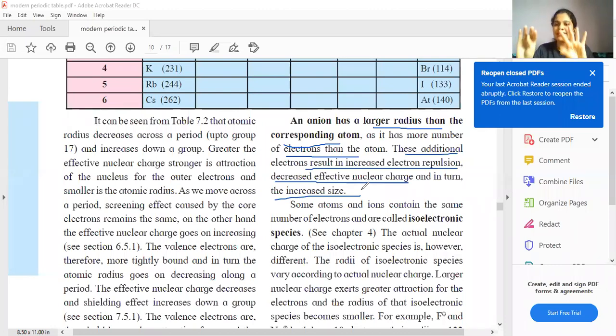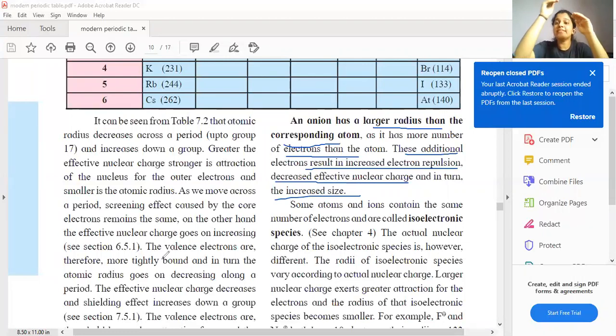See, I know the basic concepts that you all have kept in mind: across the period electrons are added to the same shell, down the group electrons are added to a new shell. That is correct, but you all have to also link it to effective nuclear charge. Across the period what is happening? Effective nuclear charge is increasing. So the pull of the nucleus on the outermost electrons is more. That is why size decreases. And students, just a minute.